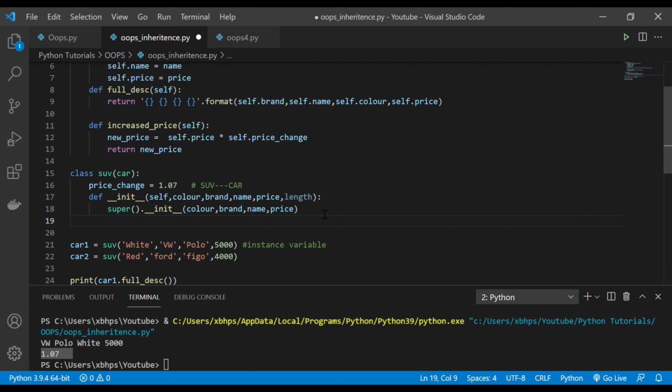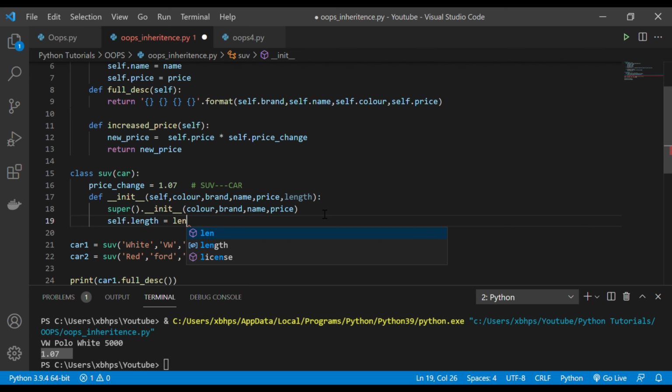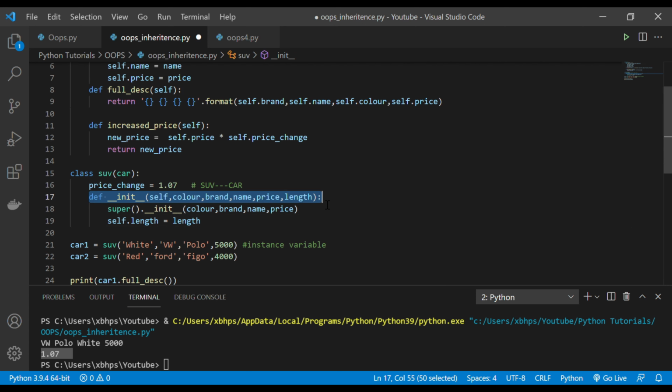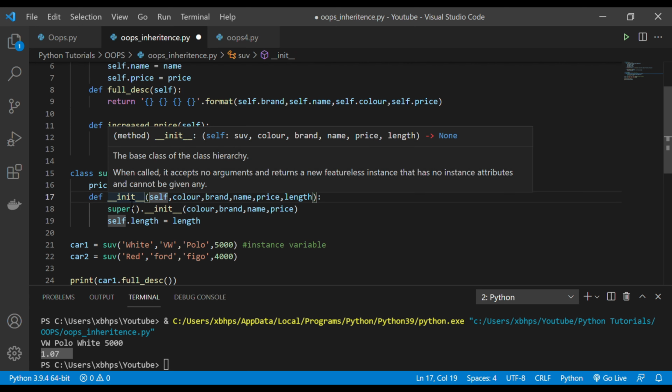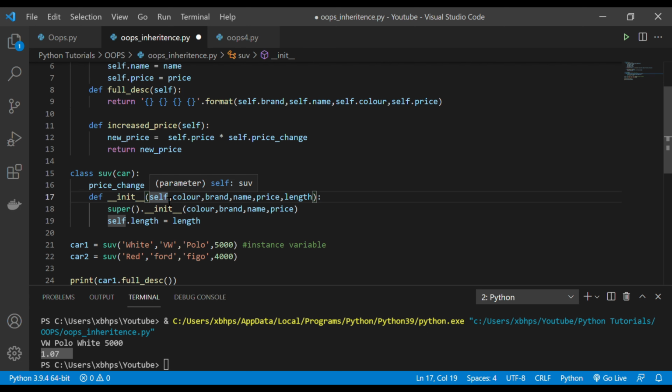Now here let me add another parameter that we added, which is length equal to length. I will explain this again, guys. Now I'm changing my init method itself, changing how I am initiating this class. If you remember, the actual method was, we define this init method, and the first parameter is self, and then you add all the arguments that you want.